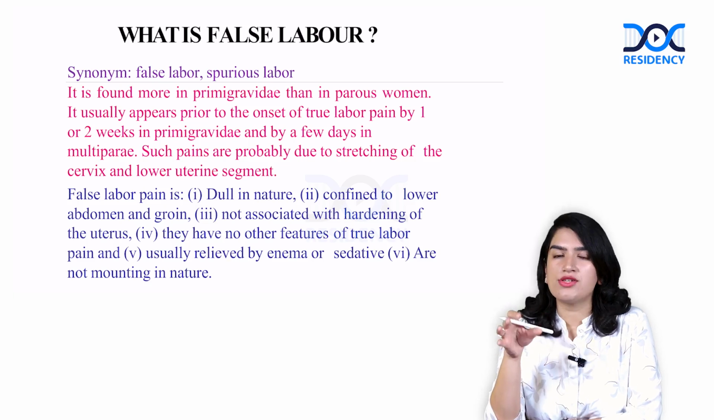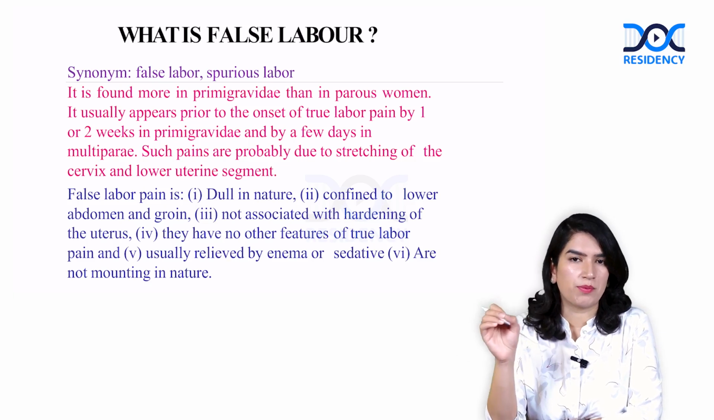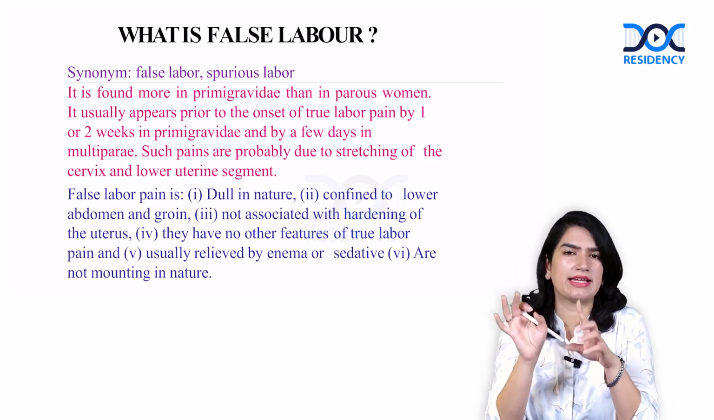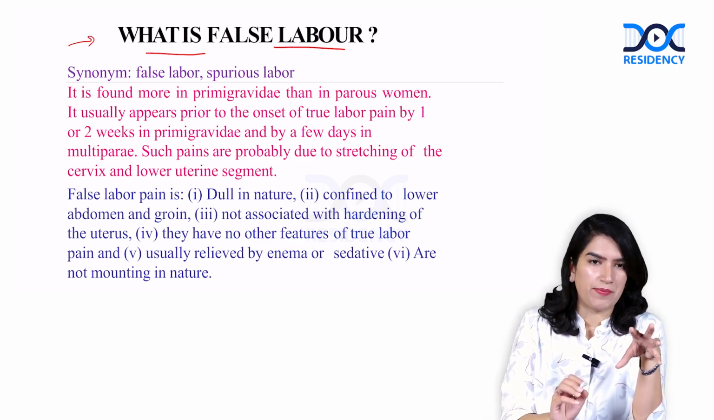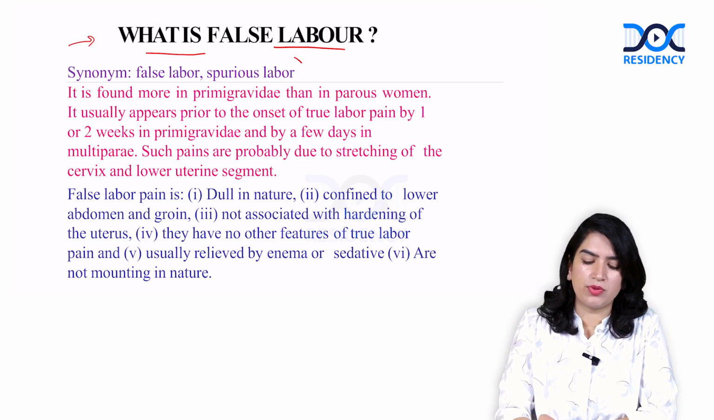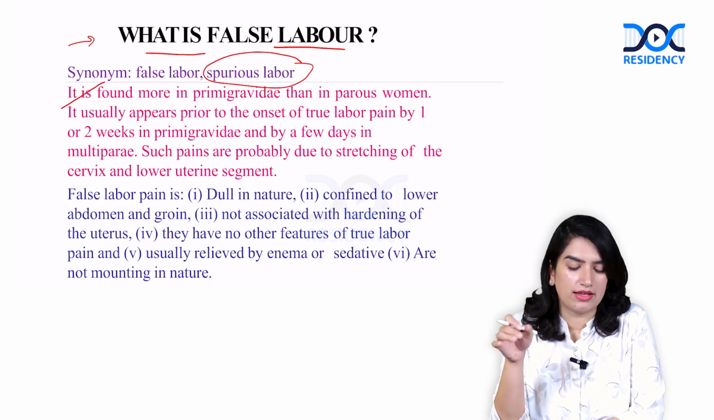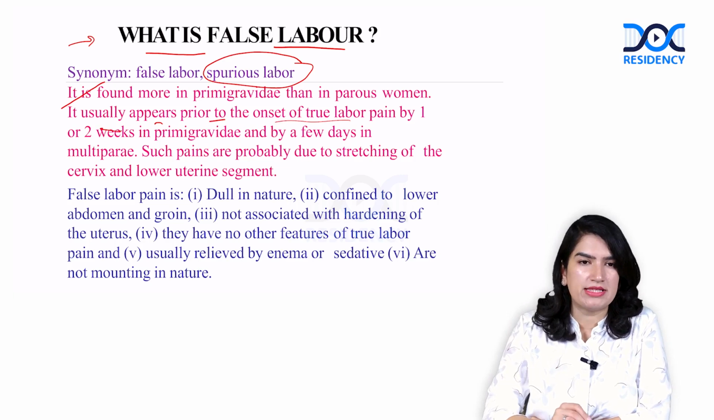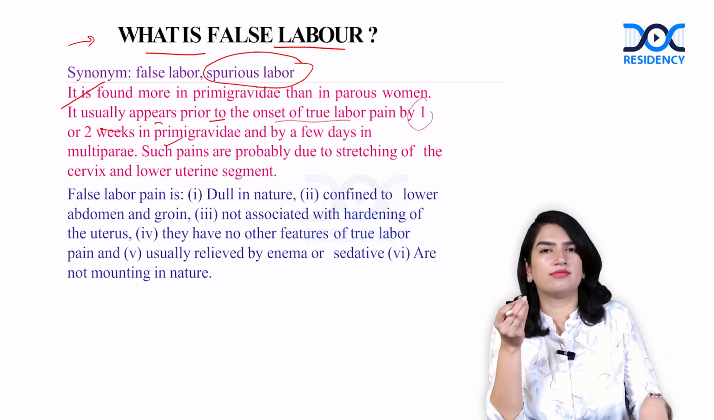Now coming to the physiology of labor and certain normal terms which must be known, like false labor, pre-labor, true labor, lightening, etc. So let us begin with false labor. It is also called spurious labor and it is found more commonly in primigravida compared to para women. It usually appears prior to the onset of true labor pains by 1 to 2 weeks in primi, or it